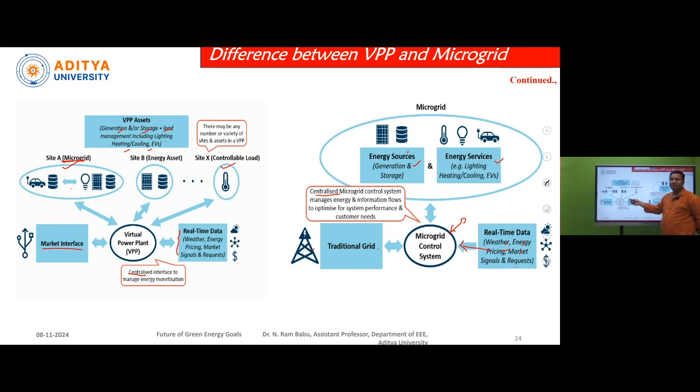Whereas coming to the virtual power plant, this microgrid will be coming into the virtual power plant, and also the controllable loads and the market interface will be coming, with a number of transmission companies, distribution and generation companies increasing. That means market players will be coming in here also. Whereas in a microgrid, market players won't be here; only one particular entity will be here. A number of individual entities will be there.